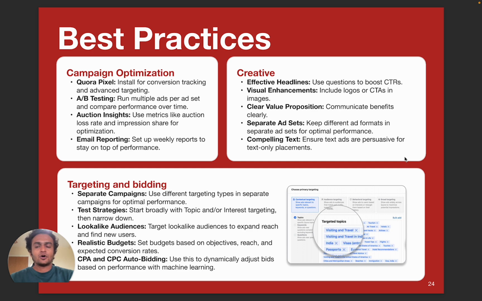Auction insights. Now, auction insights is something that you will start seeing on every campaign after day one. Auction insights will show you the percentage of impressions that you're winning or you're losing out to competition and the percentage of the top slots that you are able to win based on the bidding that you're doing. This will really allow you to optimize your campaigns further to make sure that you are present at the right place.